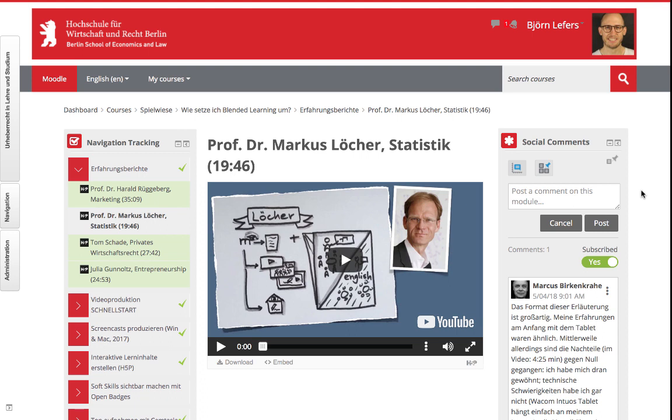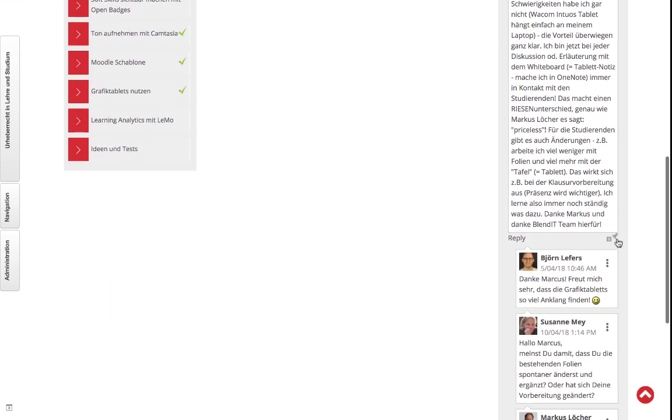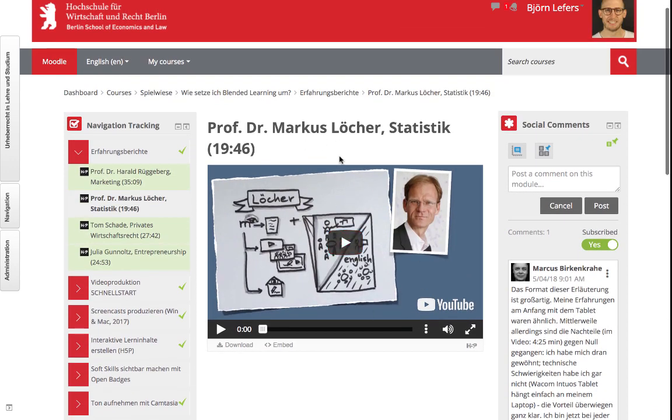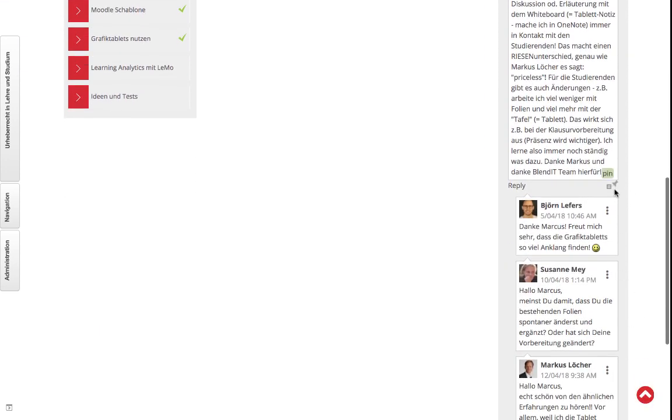Another feature that we added with the social comments block is the ability to pin either pages or comments. You see the little icon here that would pin the whole page. You just click it, but you also have the option to pin a comment. So either if the activity or resource is really interesting to you and you want to go back to it, or if there's a comment that you find interesting because someone is pointing out a new concept that you didn't know before, or helped you with some calculations in, for example, a mathematics course,